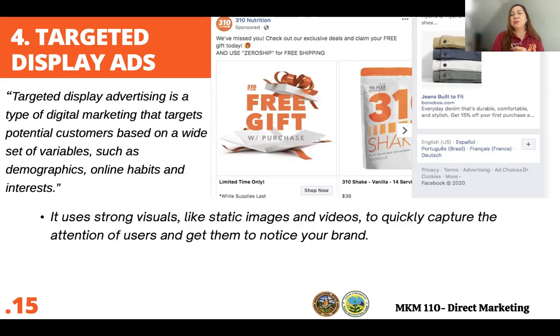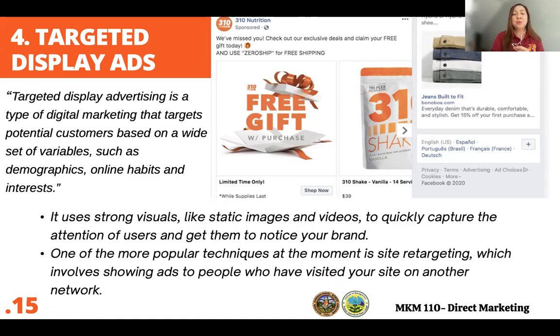With regards to this, imagine being a graphic designer creating display ads: you should be very creative so that it easily captures the attention of customers or viewers. One of the most popular techniques at the moment is site retargeting. Normally, this is what happens: if you open a website and it leads you to display ads, you will see them. Once you click, it will lead you to the website of that display ad. But there is income in regards to that. Every click made on that website earns money as well.